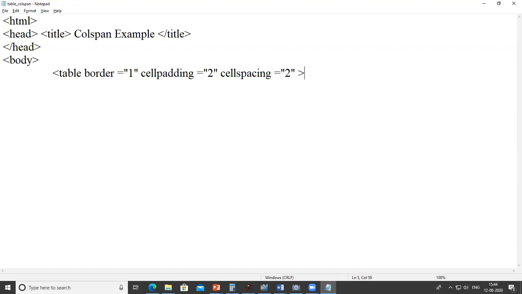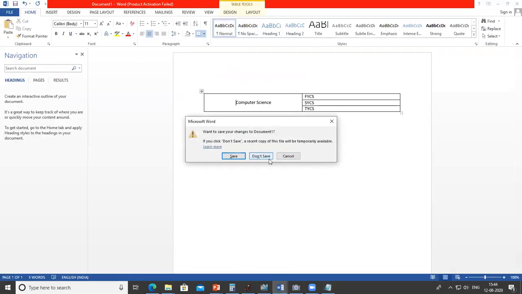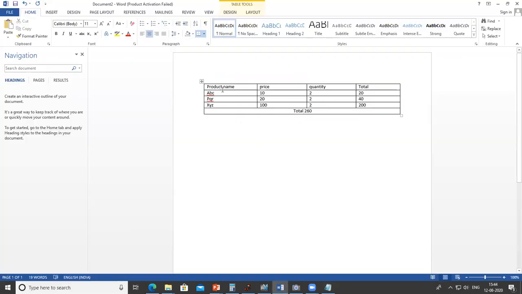Okay, I think this is sufficient. Save the program. So we want a table like this, product name, price, and so in first TR there are 4 columns.